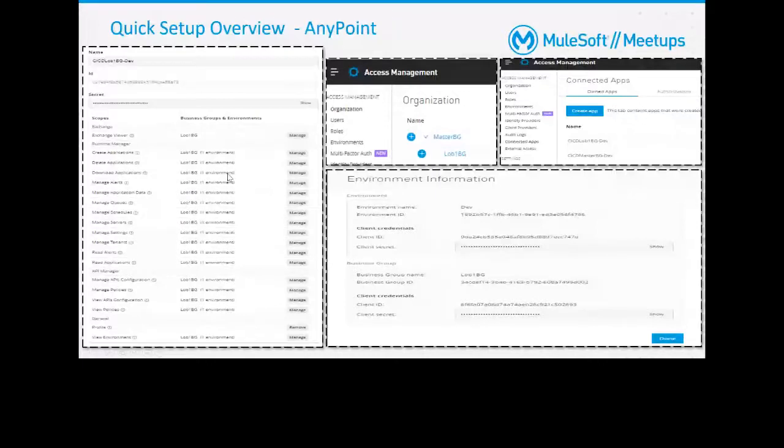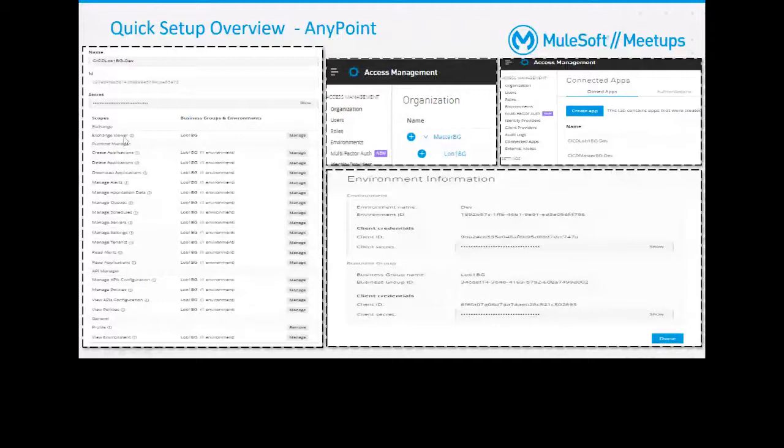On the left side, I said CI/CD is there. So I'm adding Exchange Viewer, because it needs to pull assets from Exchange. A few Runtime Manager permissions I'm giving: creating, deletion, download of application. I'm also giving a few extra permissions as well. Probably you might not need them, but I'm using them for some other purpose. But probably if you give all the application related permissions, it is okay for CloudHub. And read application is again important if you are doing a listing of the apps or something like that.